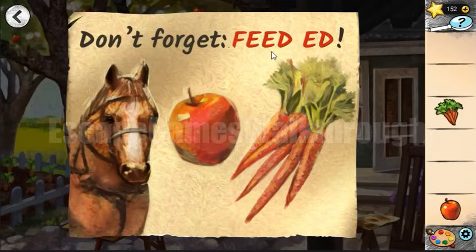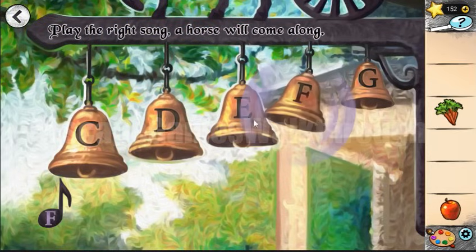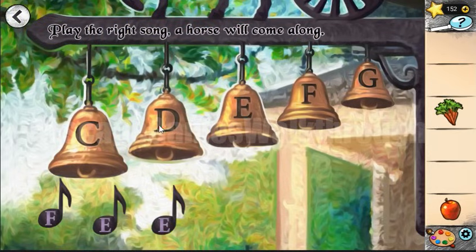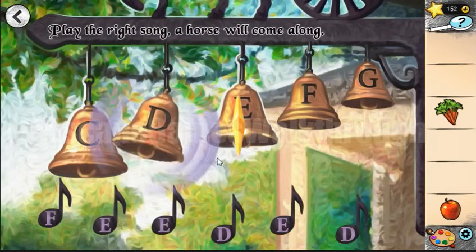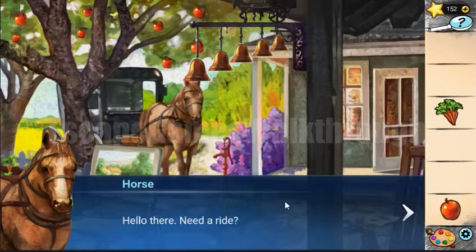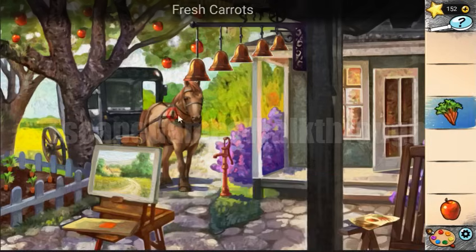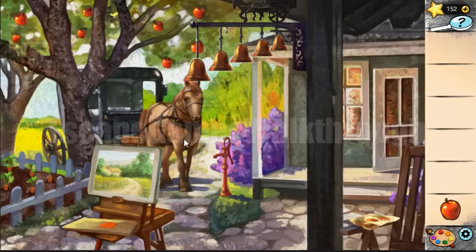So F, E, E, D, E, D is the correct sequence. So let's play it. F, E, E, D, E, D. And here the horse has arrived. Now let's feed it, or feed her or him